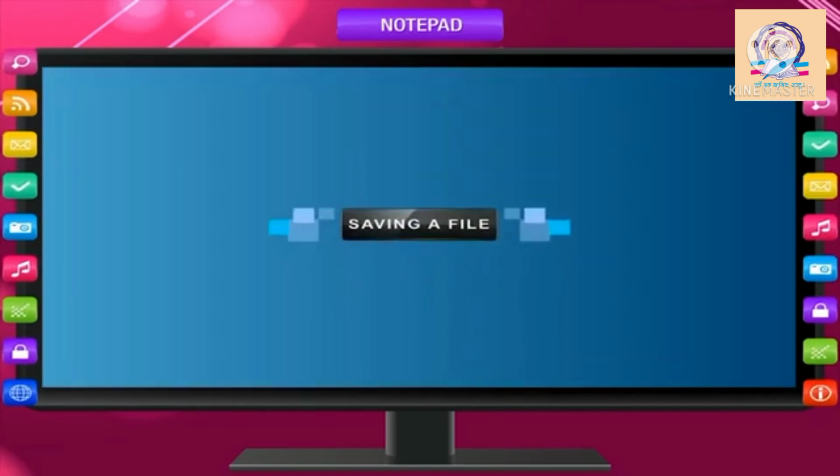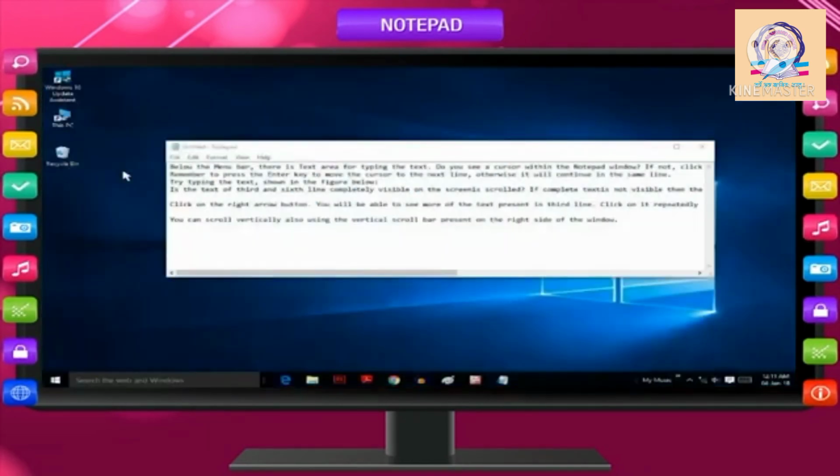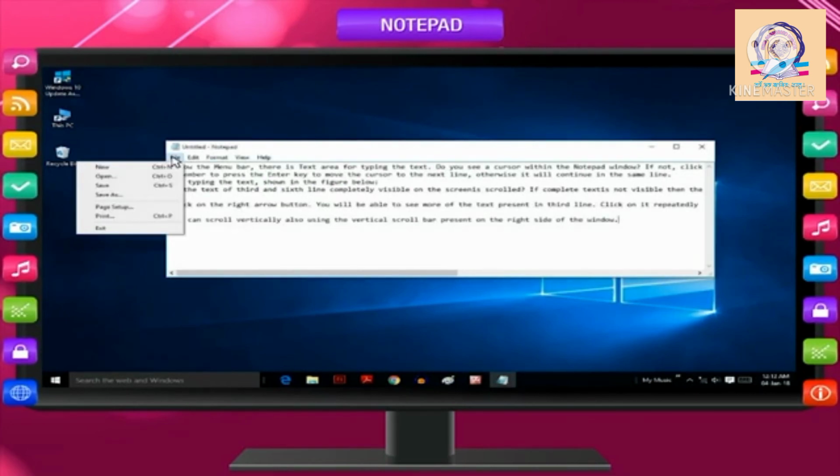Saving a file. After typing, formatting, and editing your text, you need to store it permanently for future use. Follow the steps to save your work in a file. Select File menu. Select Save option from the File menu.